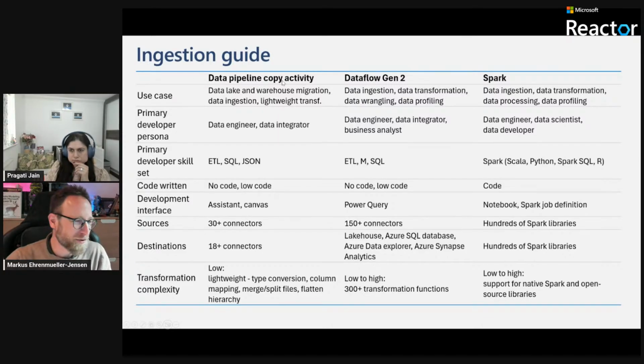This is something which comes up in the exam, right? You need to be confident about when to use the copy activity, and it's very important that you always point out these things, right? Should the solution you suggest be for people who love to code or prefer a no-code or low-code solution? So if you prefer a low-code solution and you do simple conversions or just copy things, then most probably the copy activity would be the solution you want to go for.